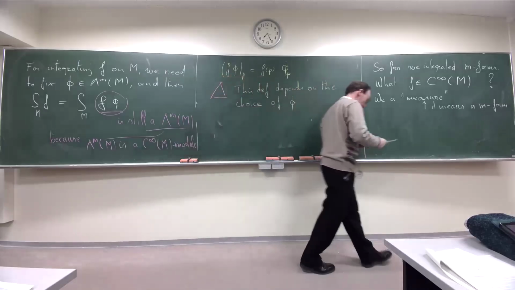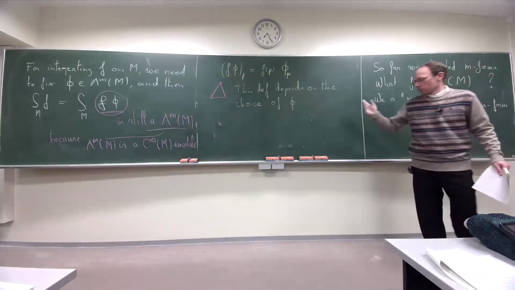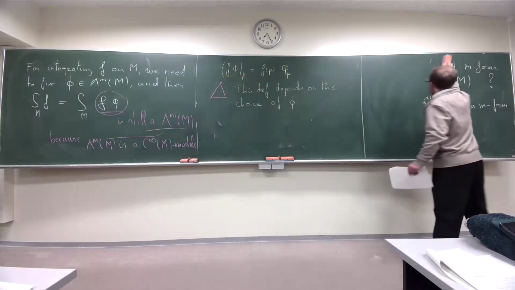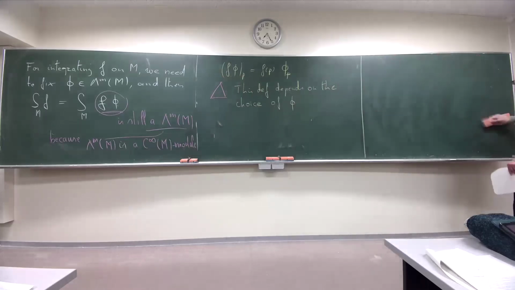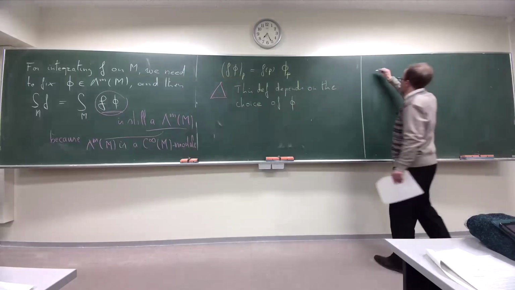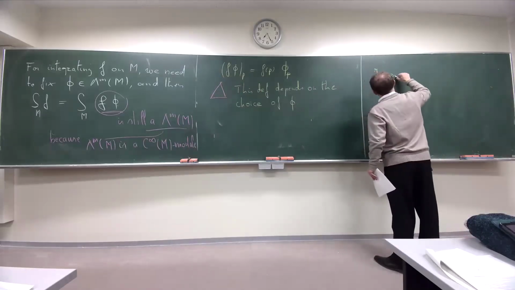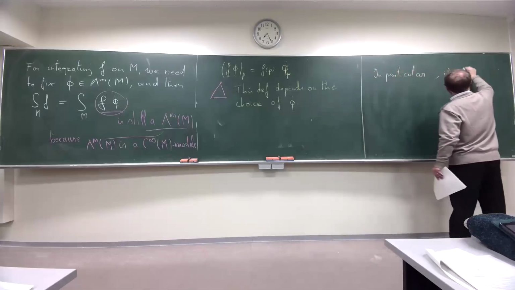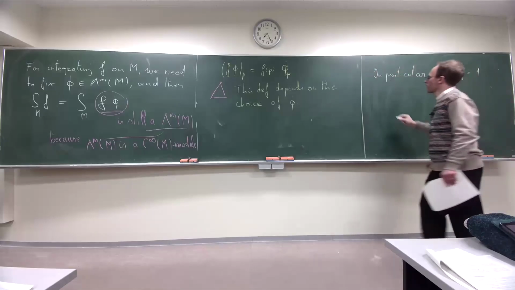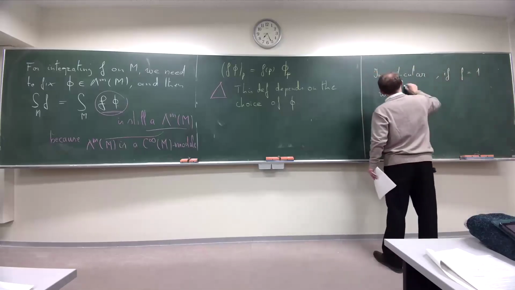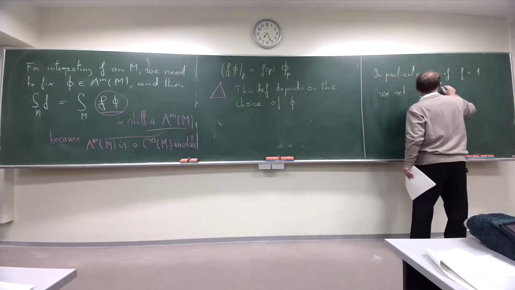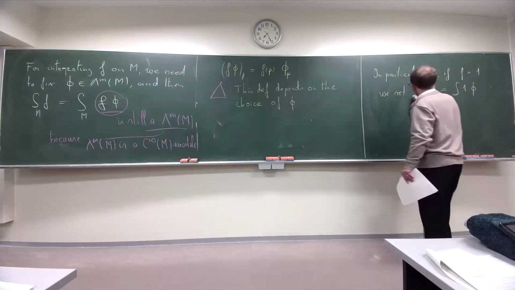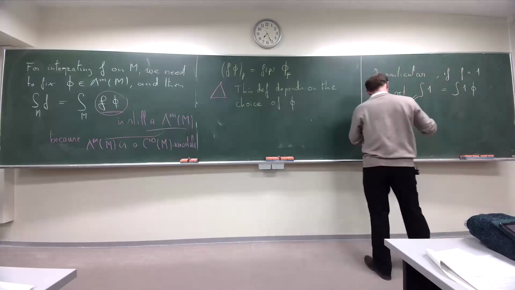But once it is fixed, it's meaningful to give this definition. In particular, you can choose the function 1. If f is 1, we set the integral of 1, which is the integral of 1 phi. It has a name. It's called the volume